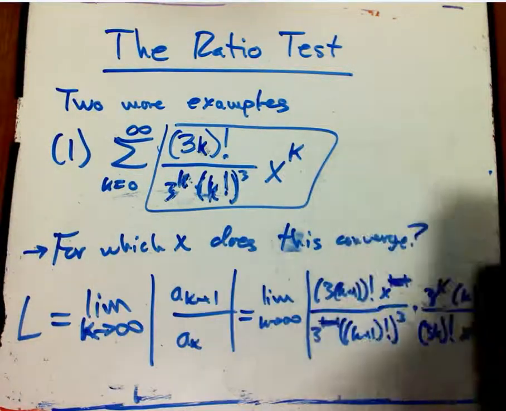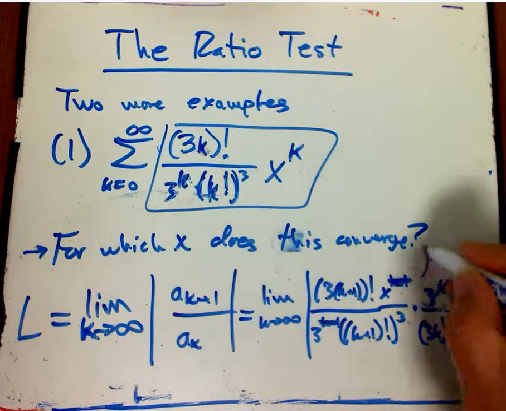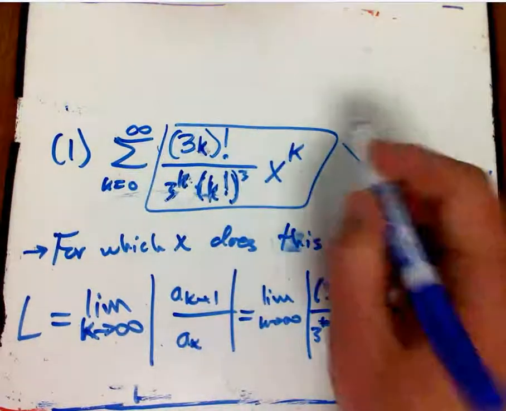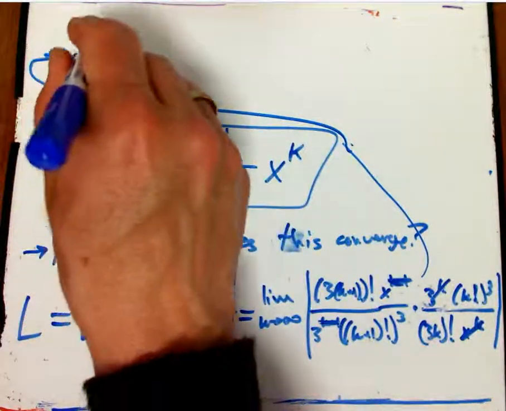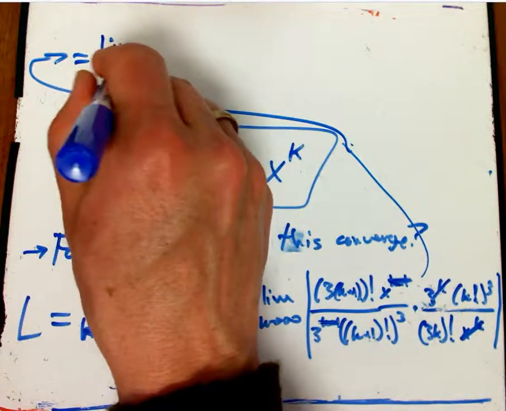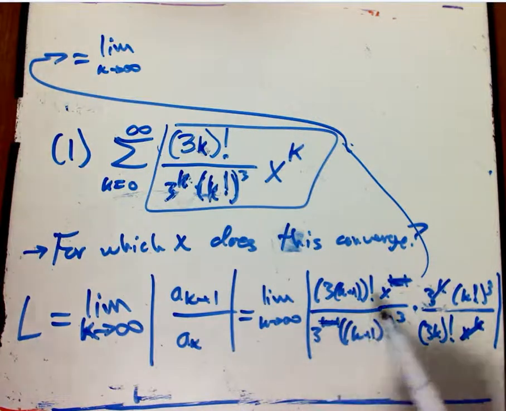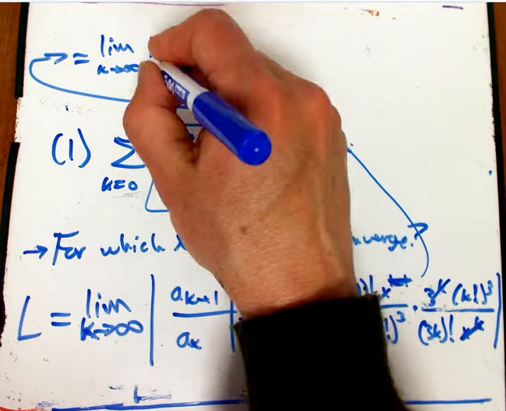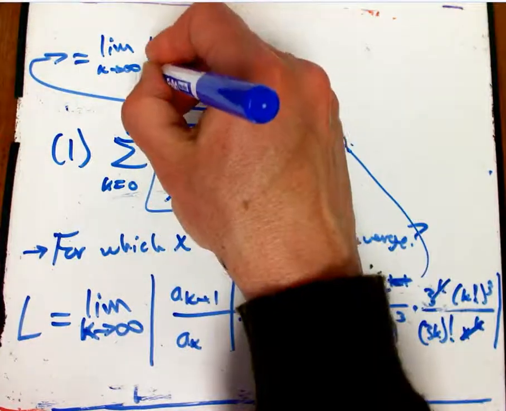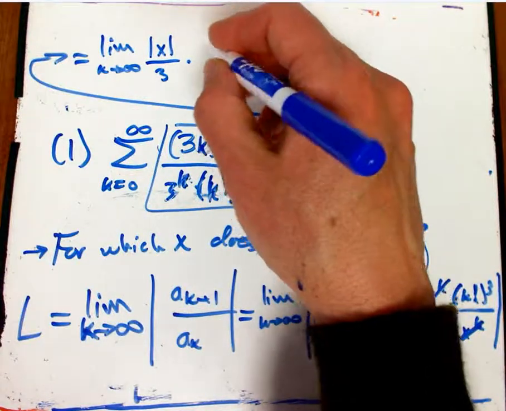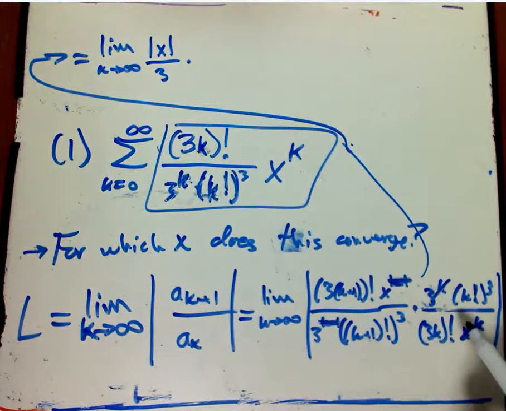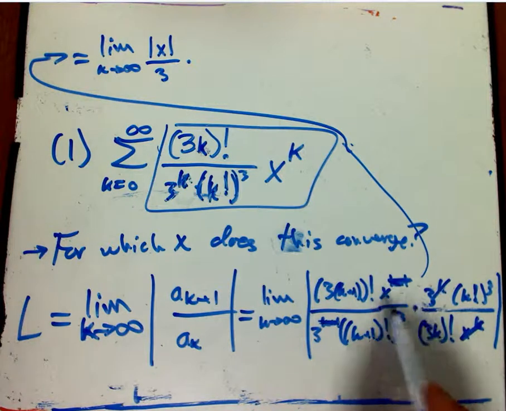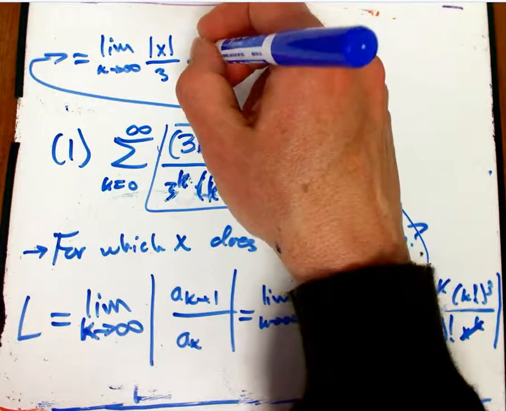Everything here is positive except for the x. So I'm going to take out an absolute value of x. And of course, the 1 over 3 is constant, so I can take that out. And then it's exactly the same limit we had before. That was, without the 3, a 27. Well, times the limit